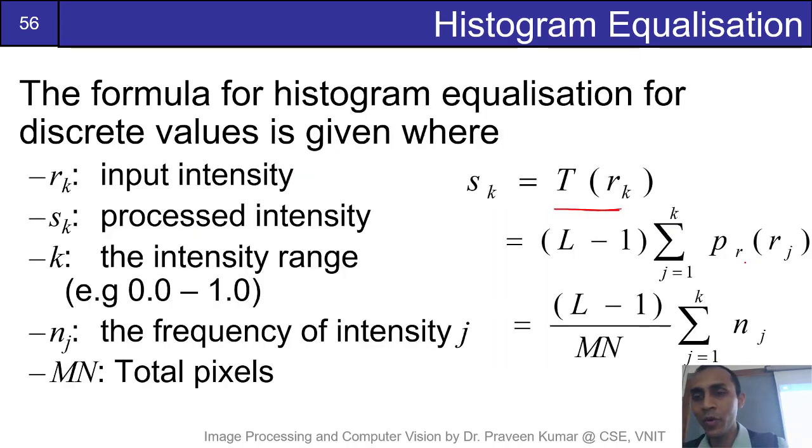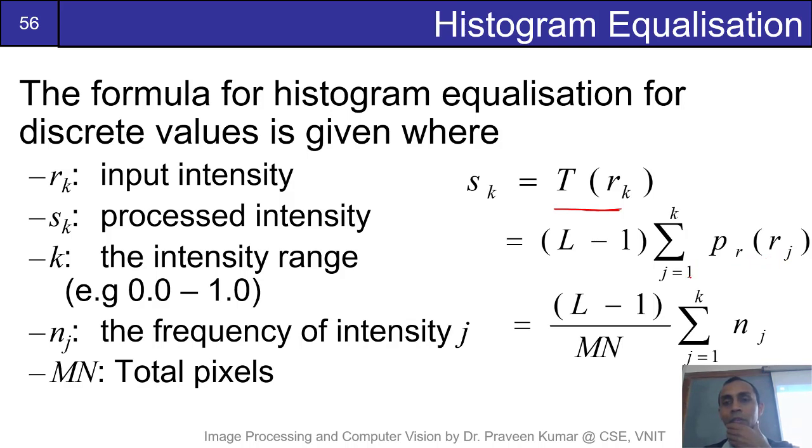I think the notation I've taken from the book. I'm taking the input probability density function pr(rj), where rj is going to go from